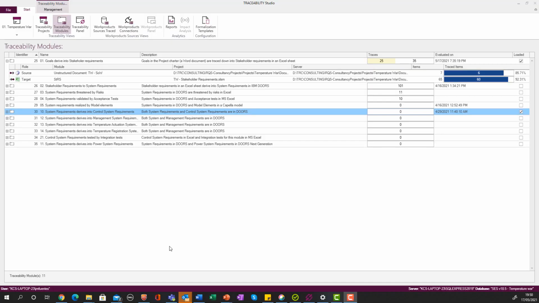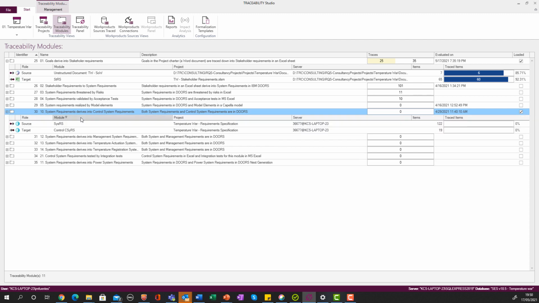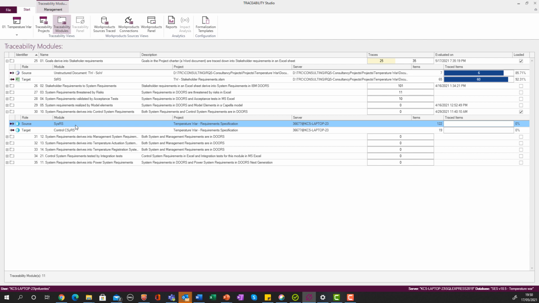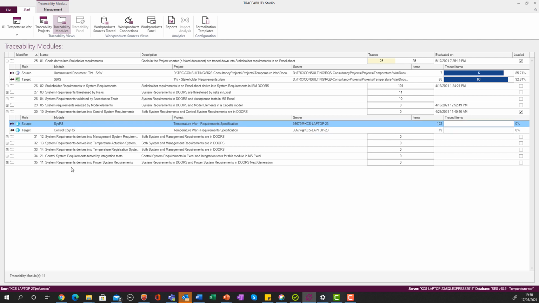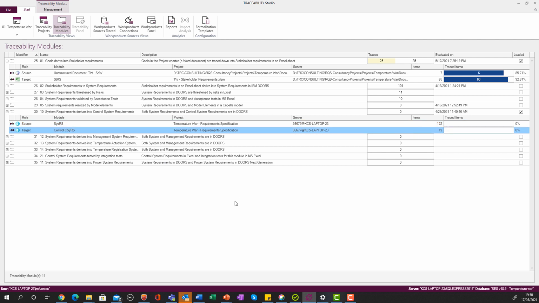So here you can see in Traceability Studio, among others, the traceability module between two DOORS documents containing requirements. The first one is representing the requirements for the top level system, while the second one is just showing up the requirements for one of the subsystems. There are 122 requirements in the top document and only 19 in the child document, and there are no traces